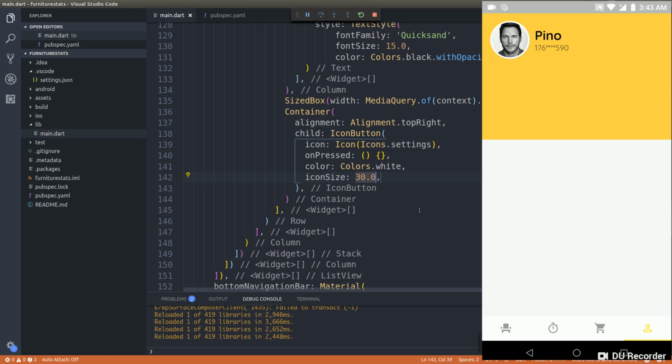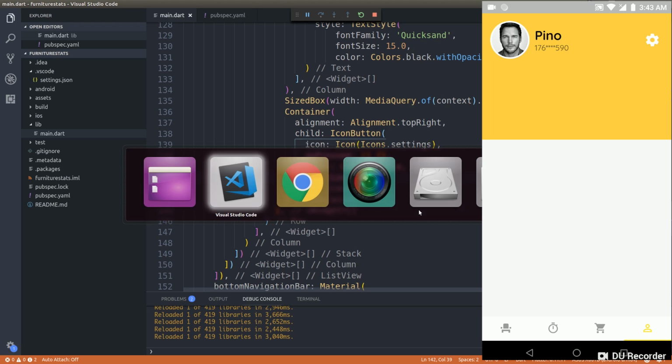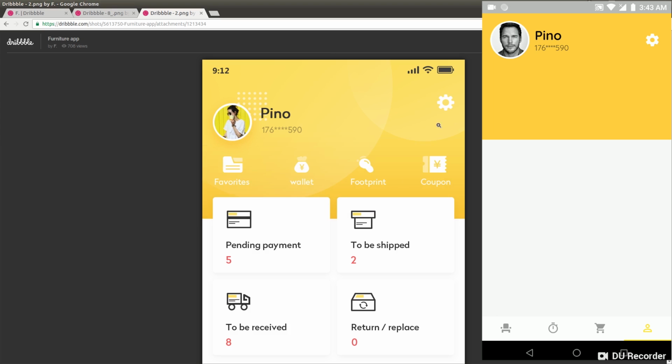Let's see how this looks. Wow, we get a nice looking settings wheel on the top right as well, right? So now that we have finished this part, we have taken care of this part,